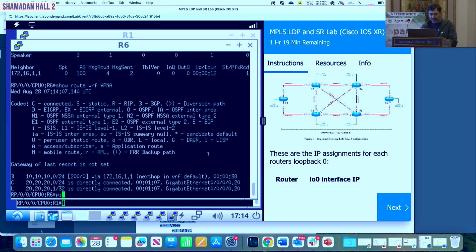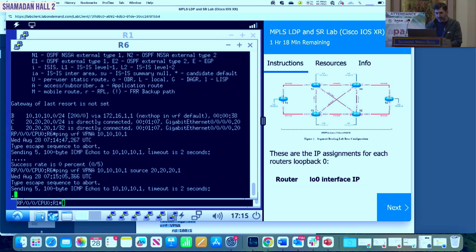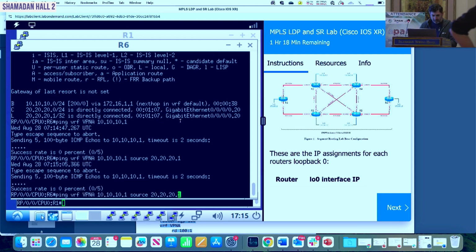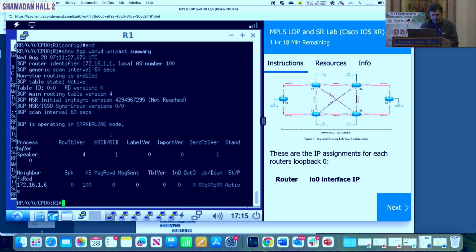So if I am on the P router, I need to test connectivity. I will use the command ping vrf, name of the VRF, VPN A, then the destination IP address 10.10.10.1, because we have configured that here under the VRF. I think I have to specify the source. It's showing some issue. Let me ping the local IP. Okay, if I go back to the other side,